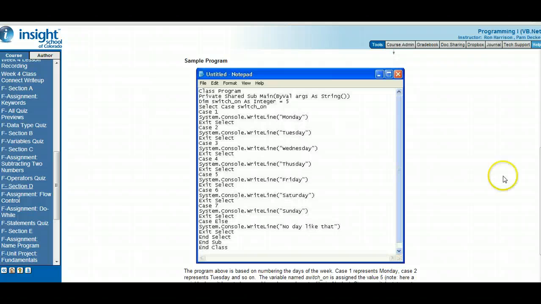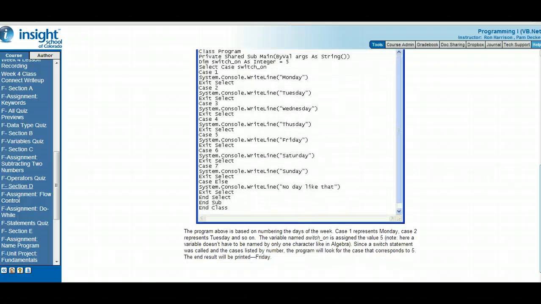So if we take a look at this, this is the program above. The days of the week are numbered. So case 1 is Monday, case 2 is Tuesday, case 3 is Wednesday, case 4 is Thursday, etc. Now there's a switch that says assign the value 5 something when it comes to it. So if you look at this right here, it says declare switch on as integer 5. So what that means is, hey program, when you come to the number 5, then